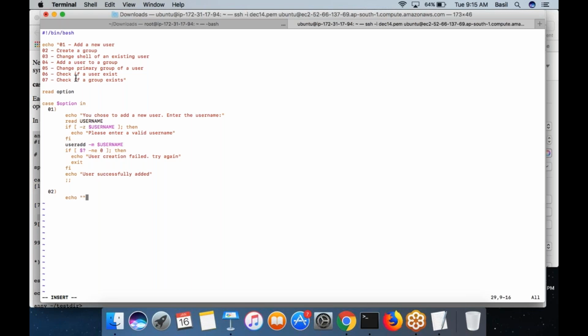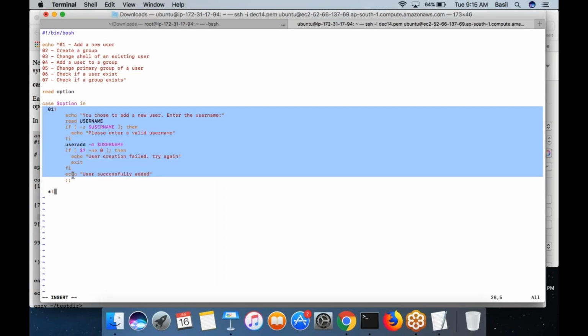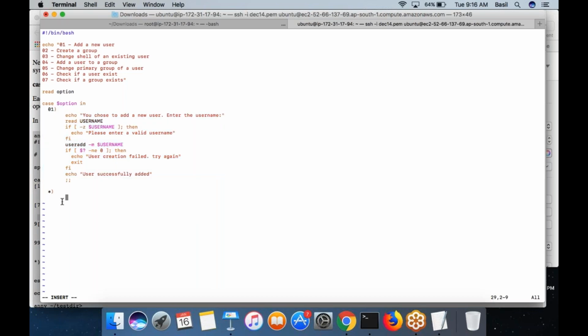Then do the action for them. Your script will do the action for them based on what they choose. If they entered something invalid, let's say I entered 09, which is not in the list, I can put star at the end saying that for any option other than the listed ones above, 1, 2, 3, 4 up to 7, instead of putting 8, I would put a star, which means everything else. Star means everything else.